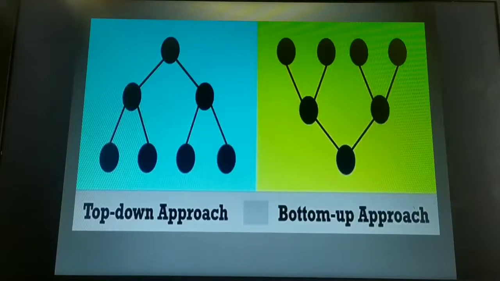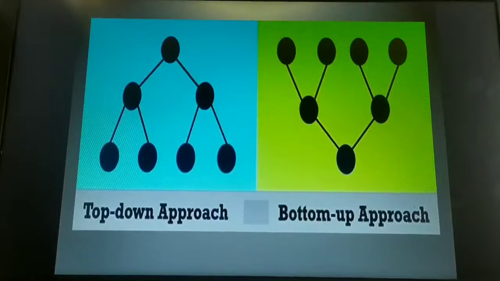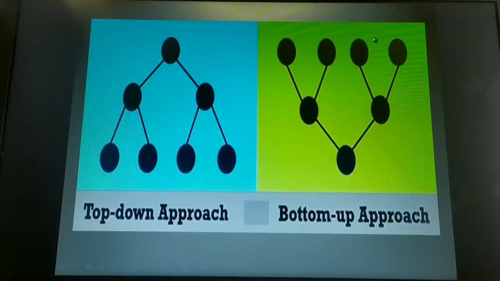Because modifications are easy. Maybe right now the user asks for only 2 operations. Again, if I want 2 more operations added to my program, that means my program should also perform the logical operations as well as the relational operations. Then I would write separate code for the logical operations and separate code for the relational operations, combine those 2, and link them to my main program. So modification would not disturb the existing code which I had already written for the arithmetic program and the trigonometric functions. This kind of approach is the bottom-up approach.